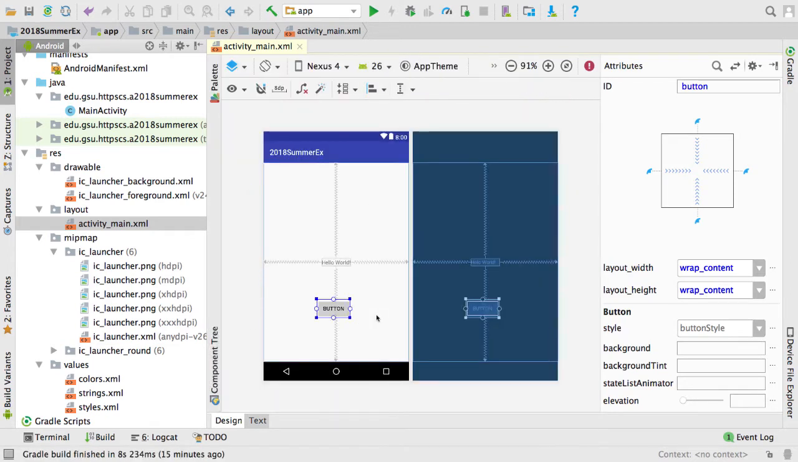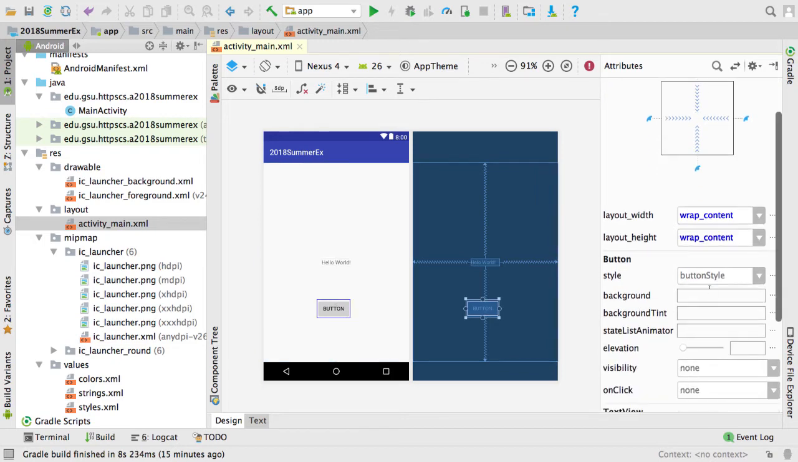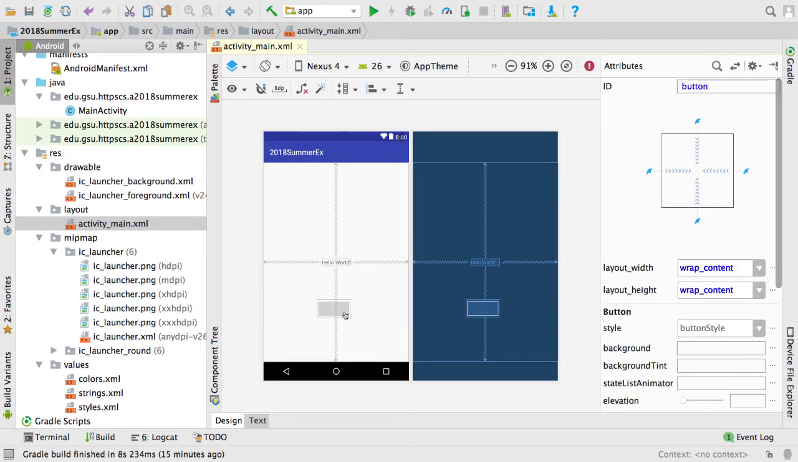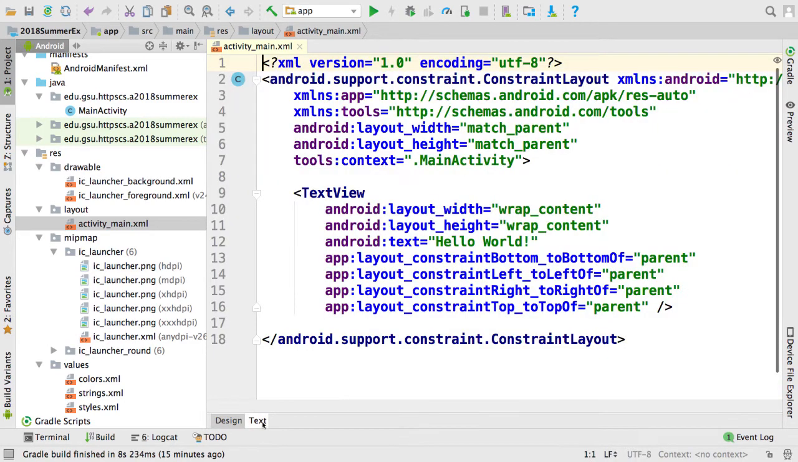If you drag a button to the interface, you will see it, and you can also change the style and the name on the attributes interface. But I'm not suggesting you do that because I prefer to do pure code. Go to the text interface, then you will find the code, because in the text mode, you can